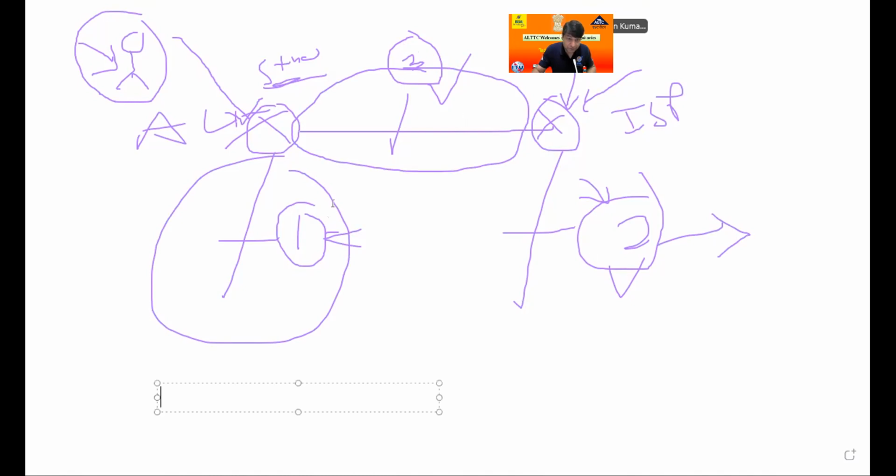So I give the instruction to this router: IP route. I give the instruction router IP route by firing this command. IP route, this network. What is the network ID of this area? 192.168.2.0, and the ID is always given with the subnet mask.